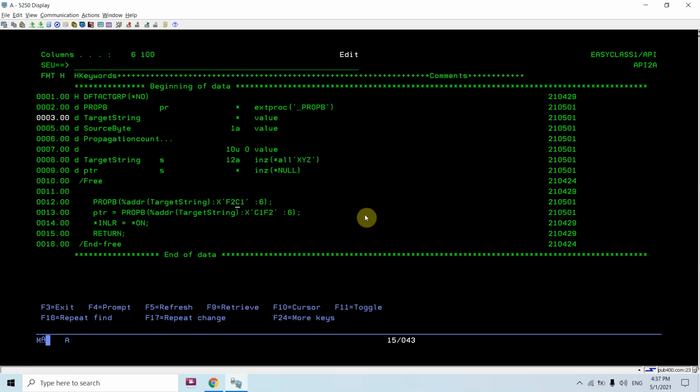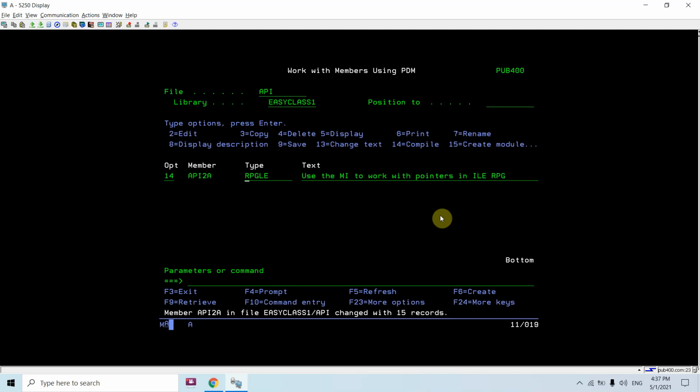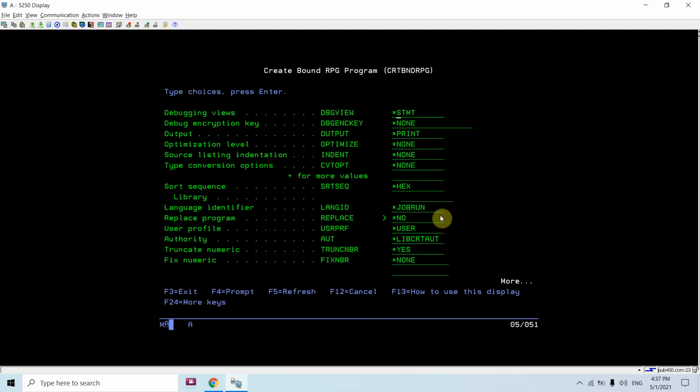Now here we can see, just pass C1. So let's make the length as 1 only. Just compile this.